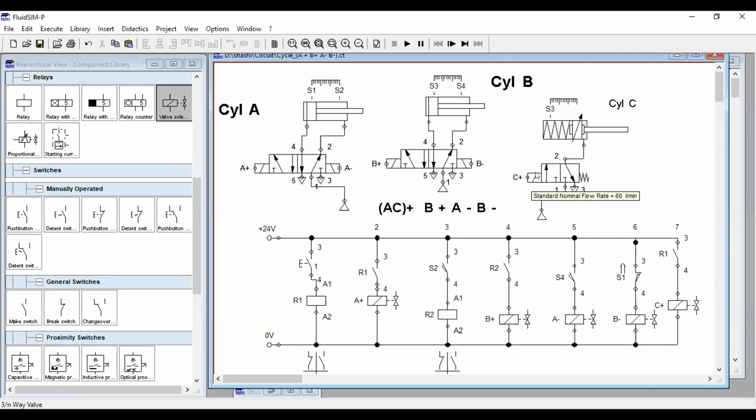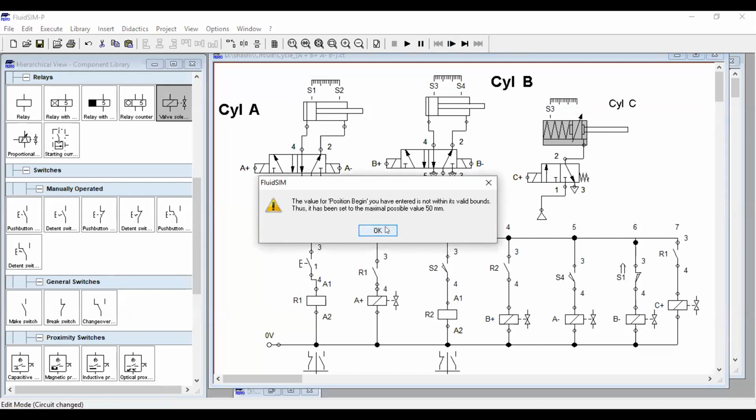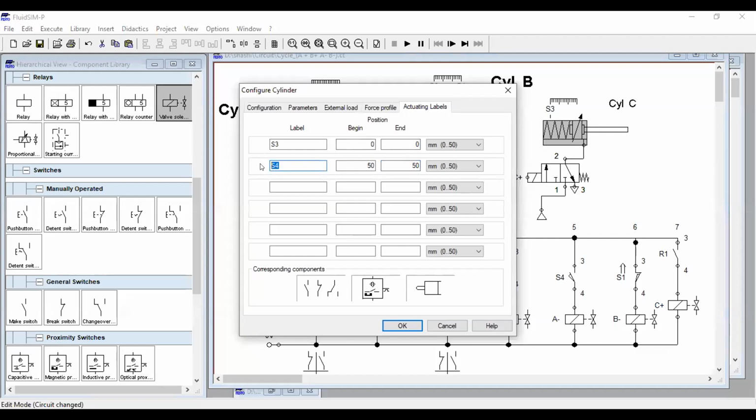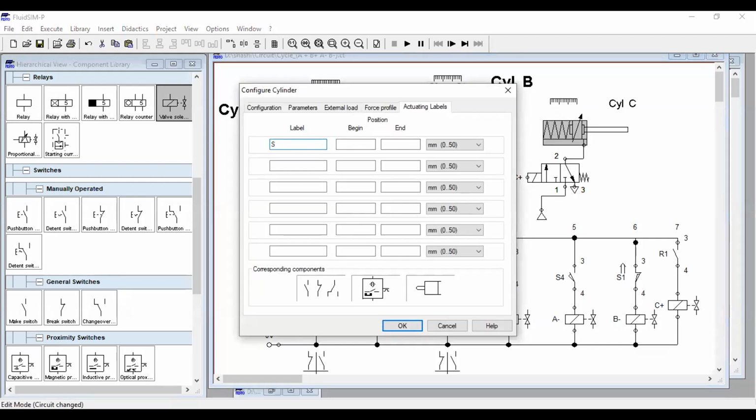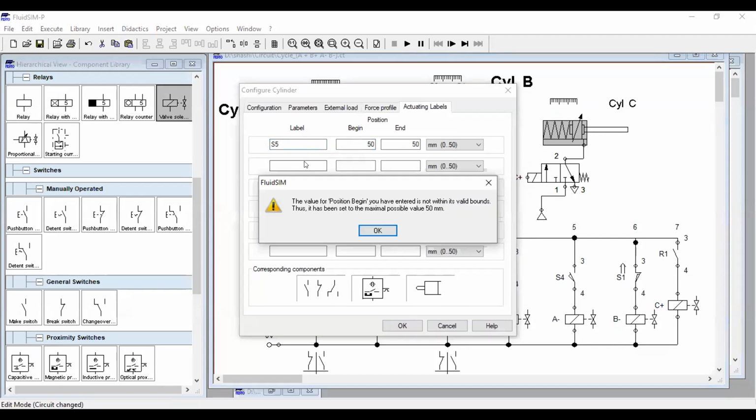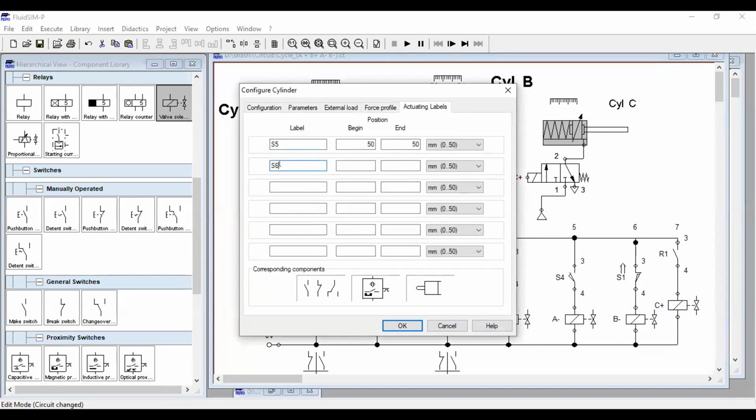This is A plus. So when it gets actuated, you will get compressor. This will get retracted. This is the retracting cylinder which I have used. Then S4, S1. Sorry, this is a mistake I have made. So this is S3, S4. Here you need to mention another, which will be S5, on our outer side 100, and the position value you entered is 50 because there is a limitation, no issue. S6 will be made 0. So you can change those limits from here.